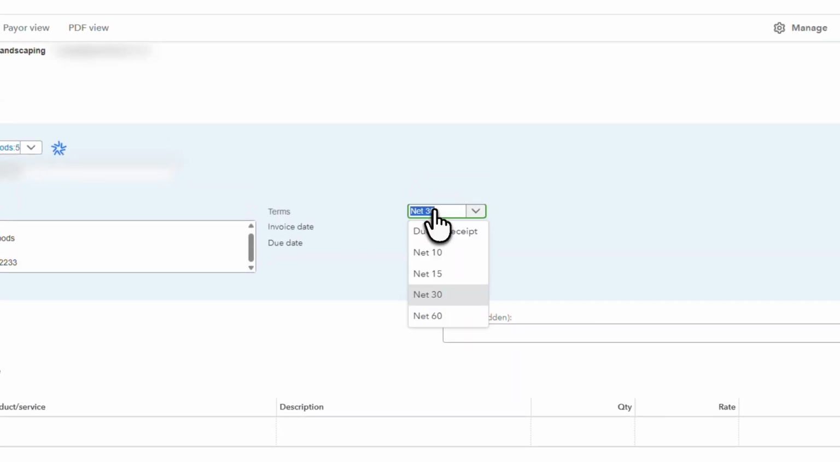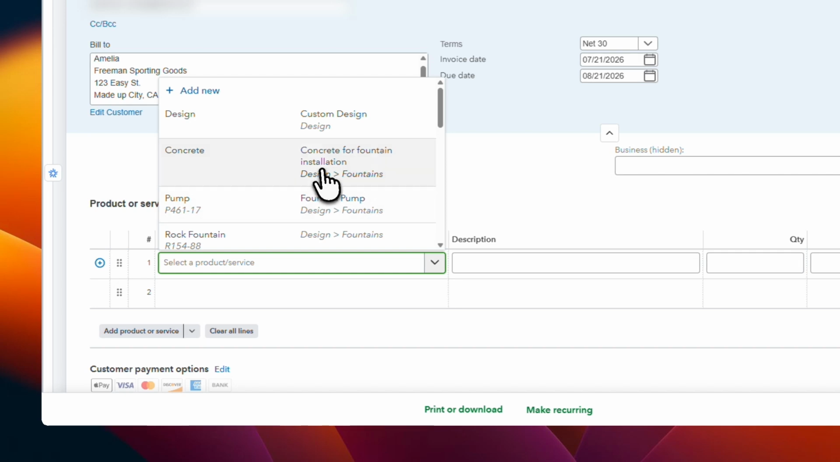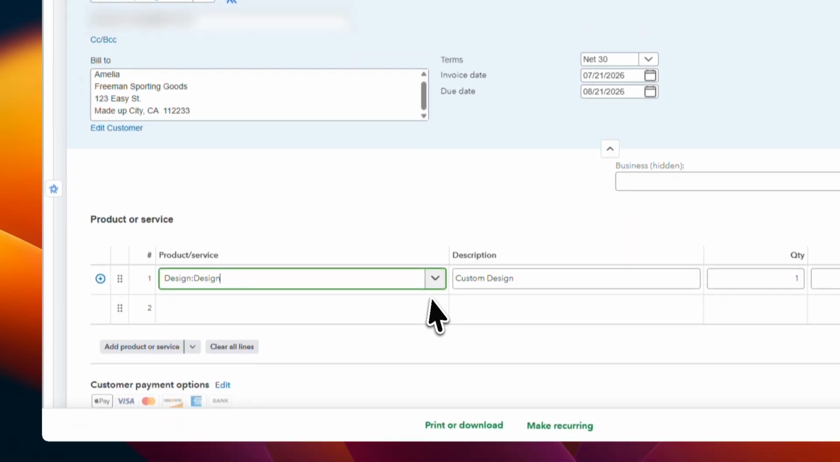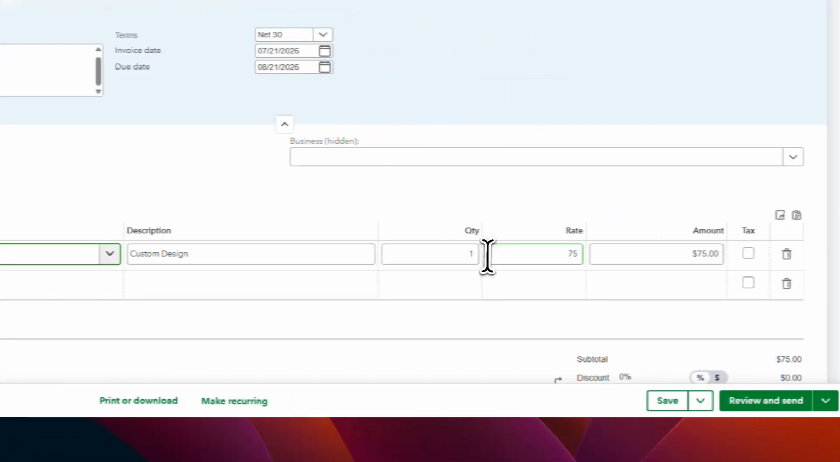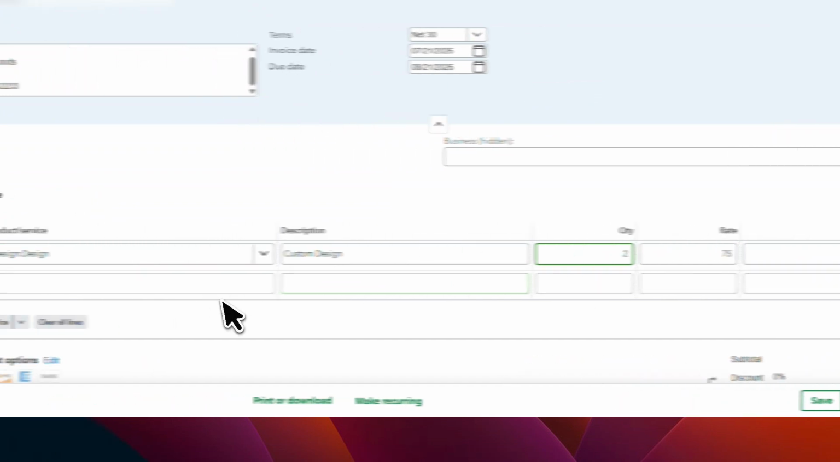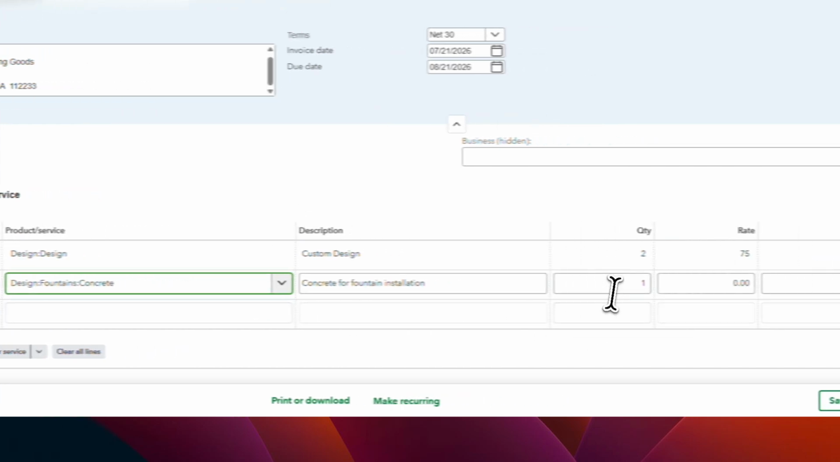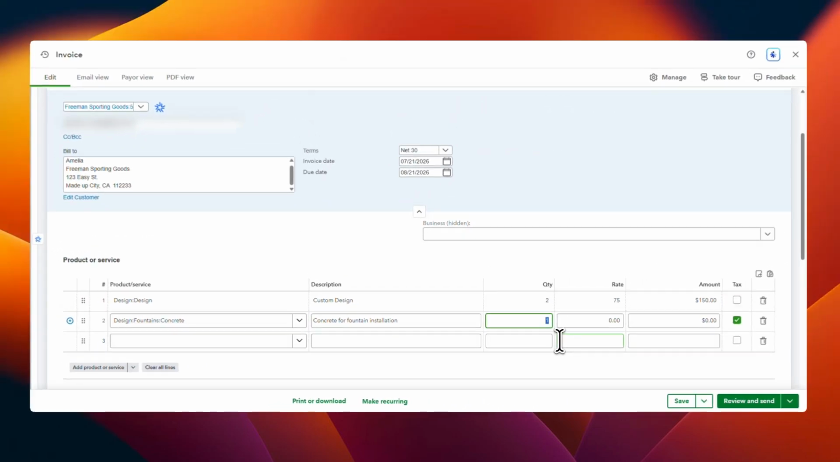Now move down to the line items section and enter the products or services you're billing for. Add the appropriate description, quantity, and rate for each item. Be as accurate and clear as possible here, since these details are what the customer will see on the invoice. A clean, well-written line item section also reduces back and forth if the customer has questions about what they're being